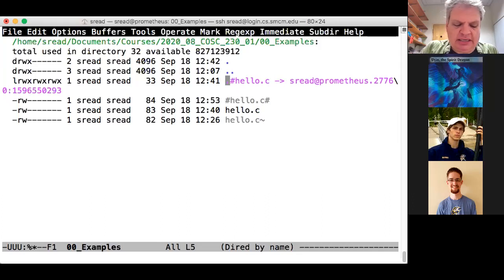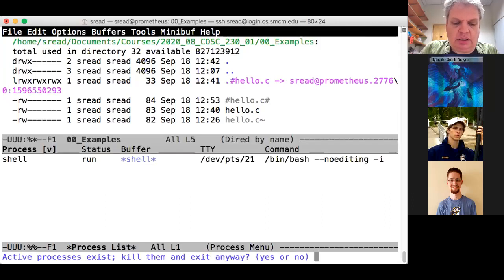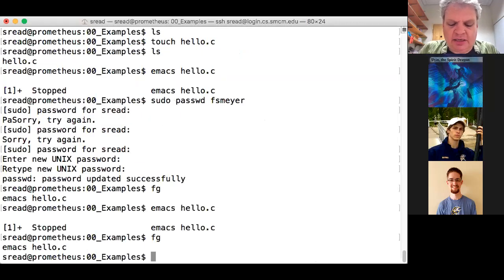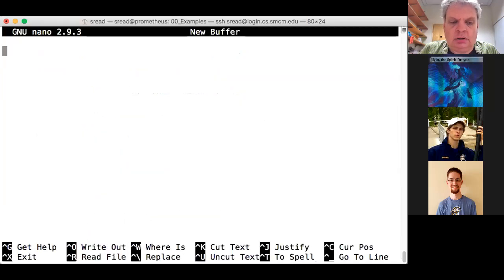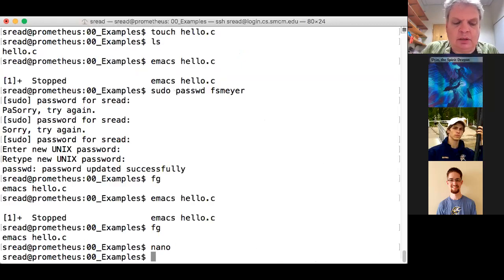If you really insist on not using Emacs, then you will want to know how to compile your program at the command line. There's another editor called Nano, which is self-explanatory. It has a menu at the bottom, but you have to keep going in and out of it to get things done. If I type CC or GCC -o hello, well, let's just type CC